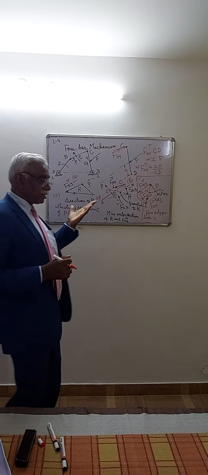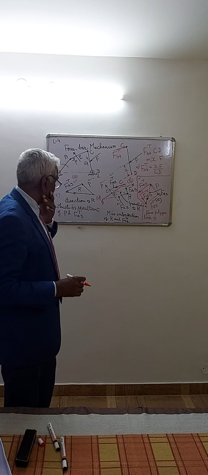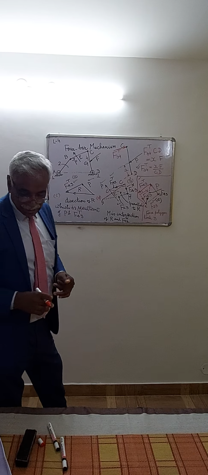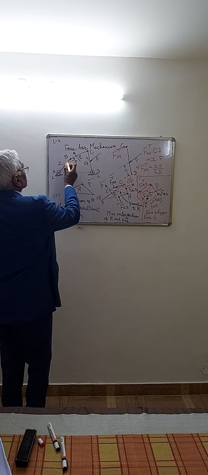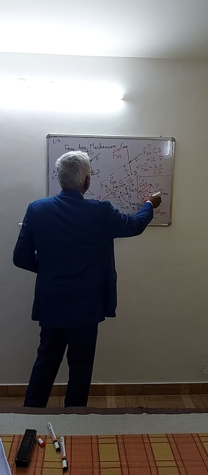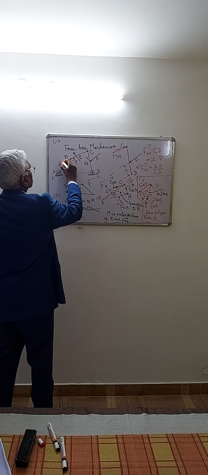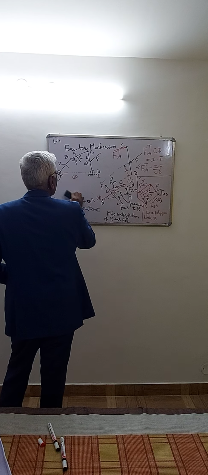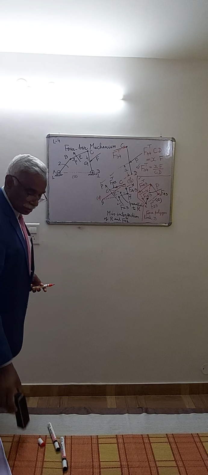Next point is F23 will be equal to F32, because both the forces are acting in the opposite direction, but they are of equal magnitude. So F23, the direction is taken from this figure. That force is acting like this. I can draw it separately for you, because we have to find the couple.